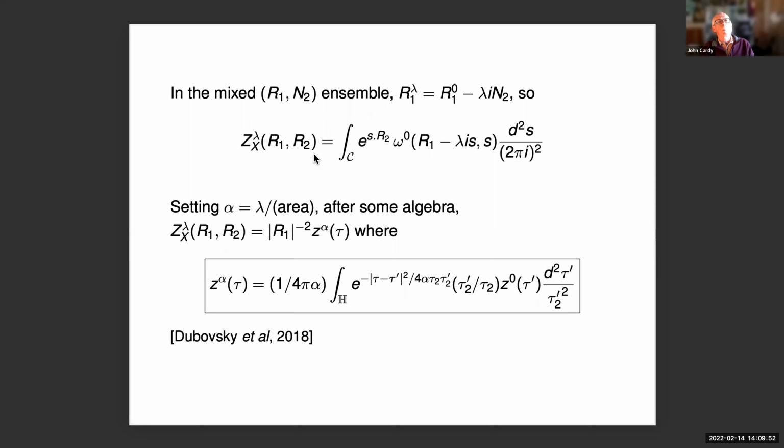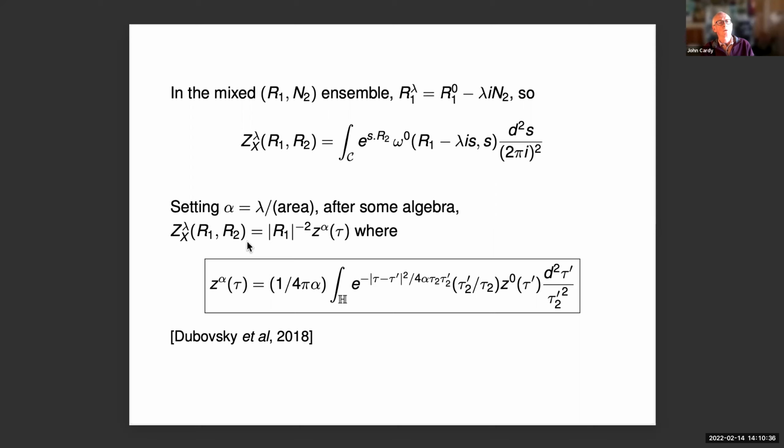And so basically the deformed partition function has the form that it would in the undeformed theory, except we shift the size of space by a complex amount, which is proportional to F. So that's why we need a definition of this with a complex R1, which is what the idea was on the previous slide. And then after a few pages of algebra, what we then show is that